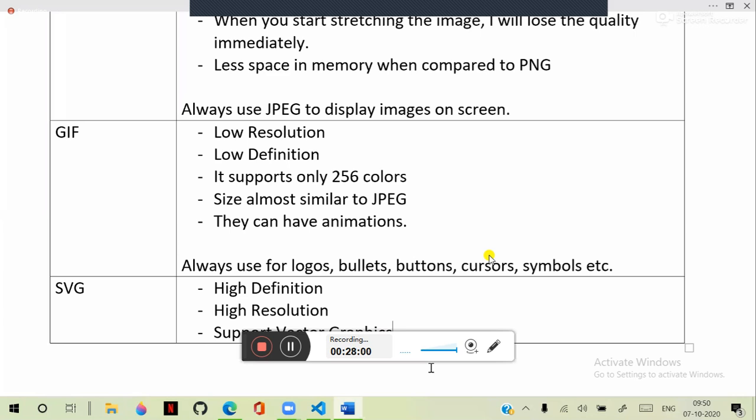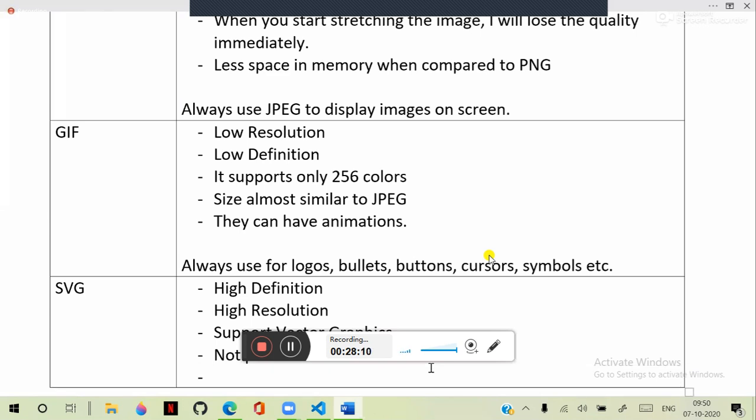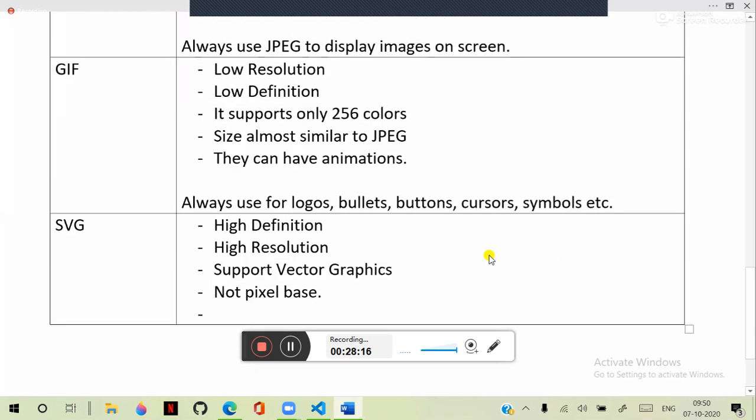Vector graphics means it is not pixel based. Vector graphics belong to the XY axis, that means two-dimensional resolution. These images will not lose quality